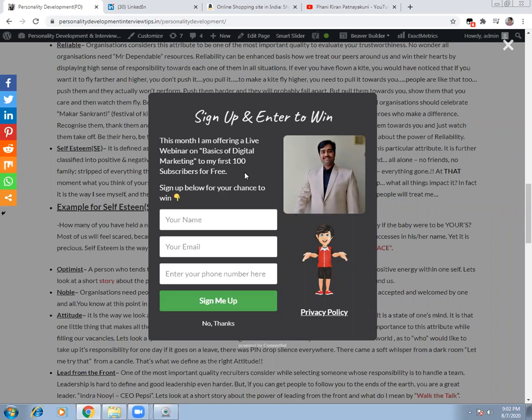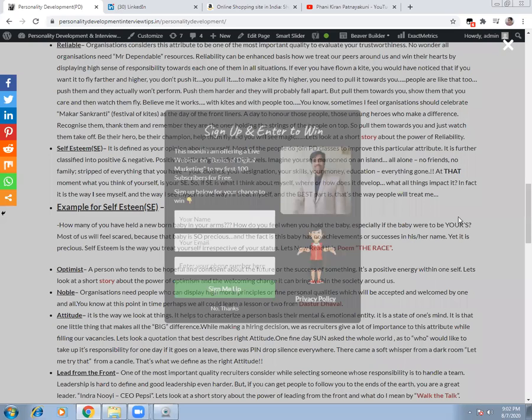When you are giving something for free, obviously people will join you. And when they join you, you can create a network list. For example, it's basically a funnel, and this is called a lead form. This is a lead generation technique where out of 1,000 visitors, I am trying to filter that list into 50 or 60 people who would be interested in digital marketing and start targeting them. So you're trying to generate leads using this technique.